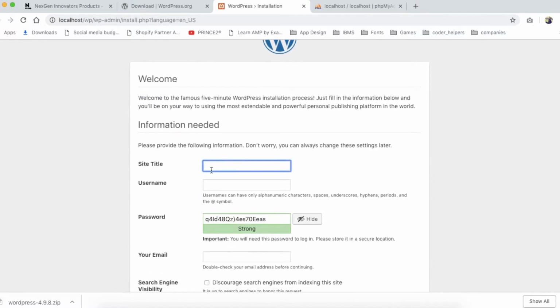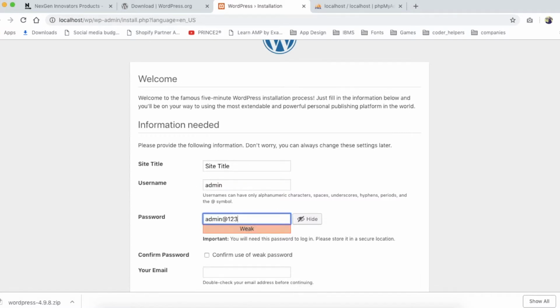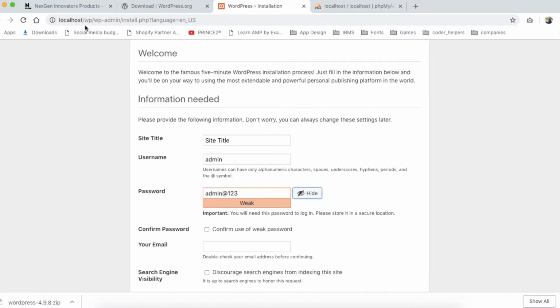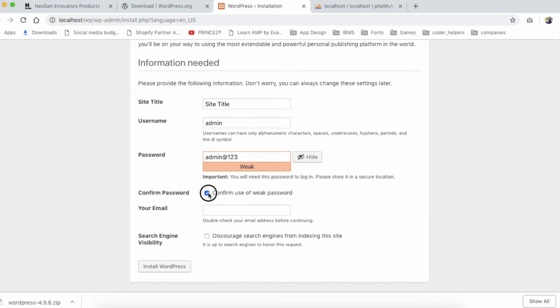it will ask you a few things like site title, so give any name as the site title. For the username, just enter admin, and for the password admin@123. If you are doing a local installation, keep the username and password the same, admin and admin@123. It will be easy for you to remember. Confirm weak password: if you don't check confirm weak password, this button will be disabled. So you have to check it. Then your email, any email you can give, like I'm just giving my normal email address,